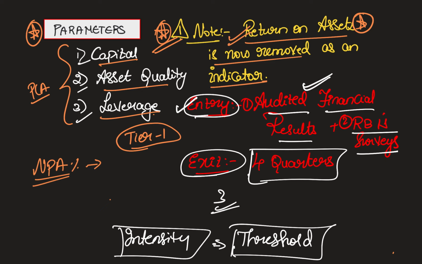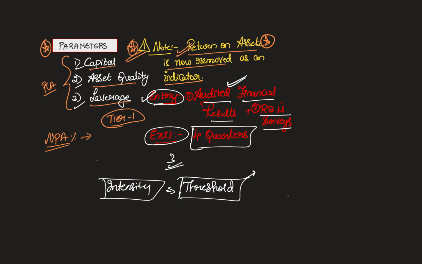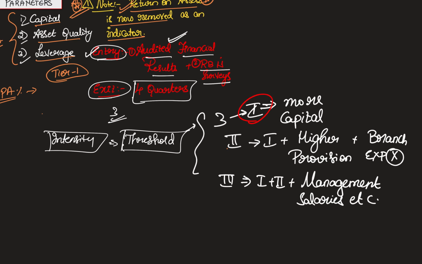But just remember that there are certain thresholds according to which the strictness of the regulation happens. Now, there are three thresholds. When the first threshold is breached, it is the least strict action taken by RBI when a bank is placed under the PCA framework. So RBI can take certain discretionary decisions, but primarily the banks would be advised to generate more